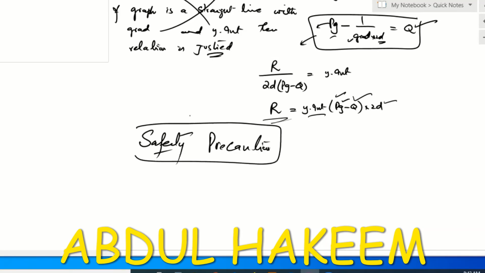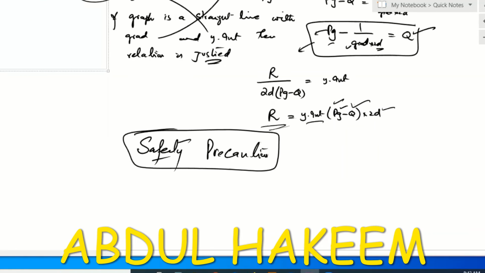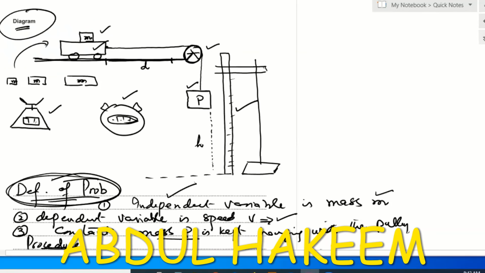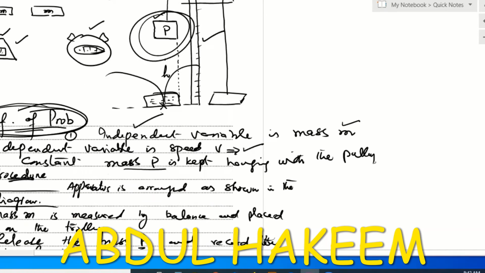Now we have to write one safety for the observer. So what is the safety? The safety is this hanging mass will touch the ground and after bouncing, it may hit the observer. So we will collect it in a sandbox on the ground. So the safety is